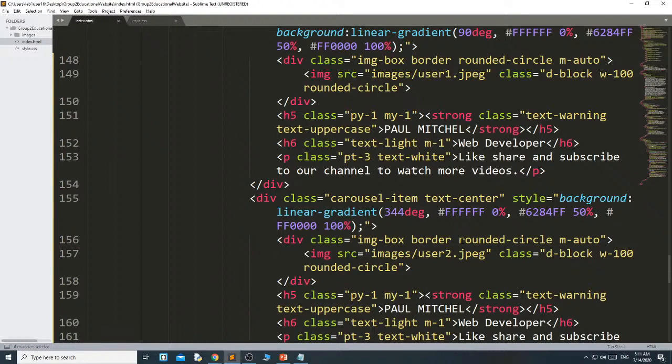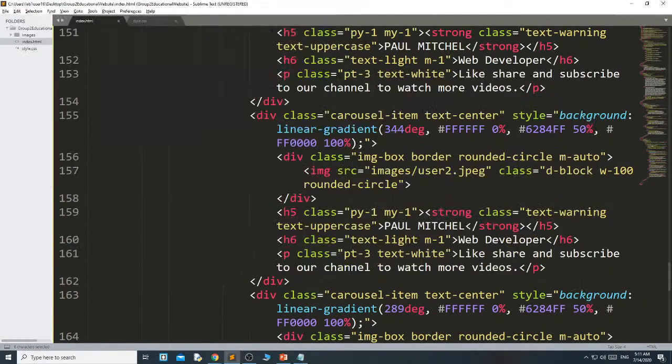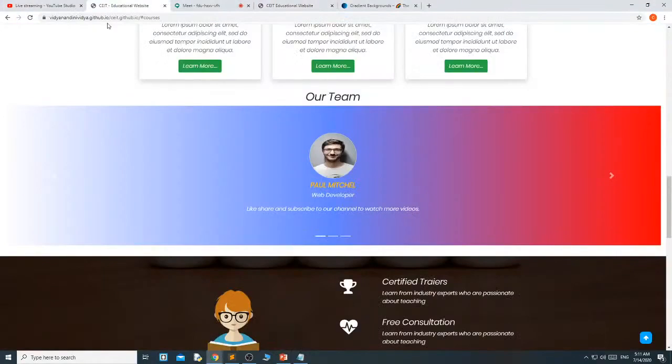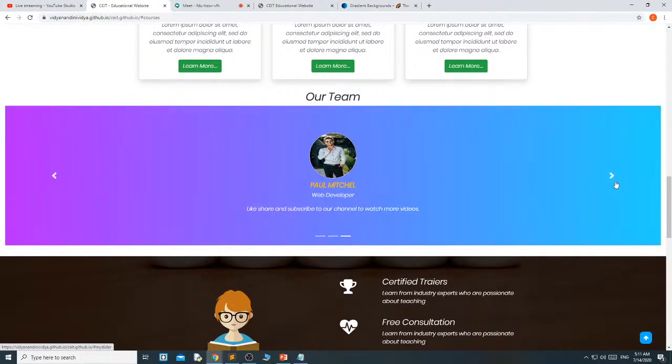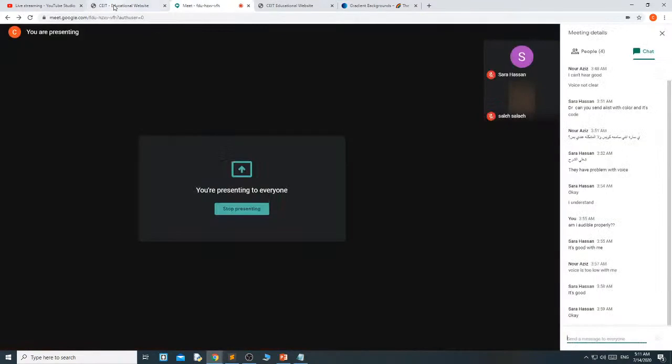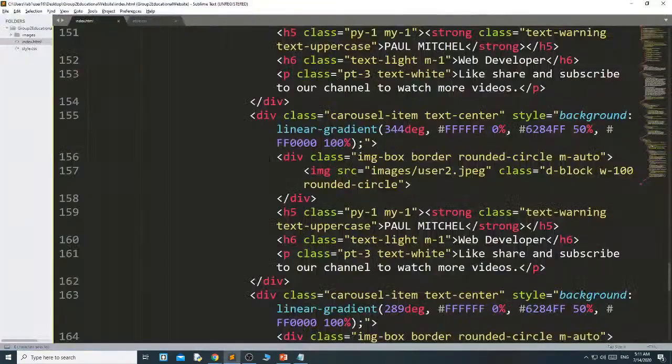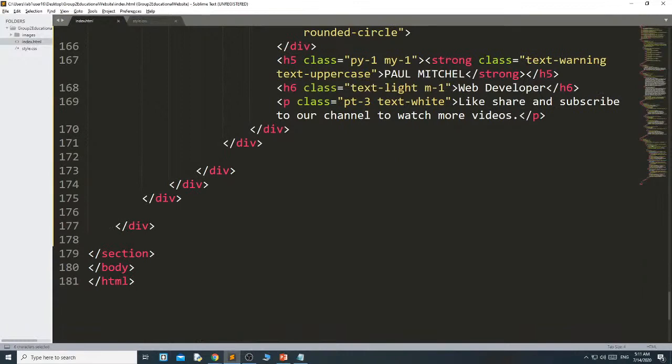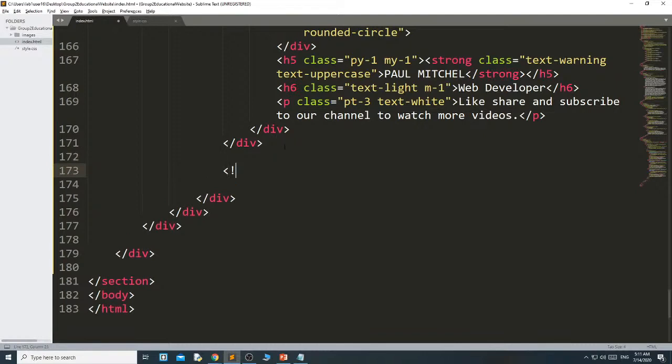Now the last thing we need is the previous and next button, like this is previous and this is next. These 2 buttons I need to add. Once your carousel is complete, like this div and this div, after this write a comment, left and right controls.